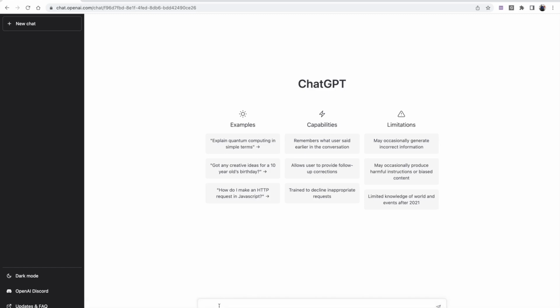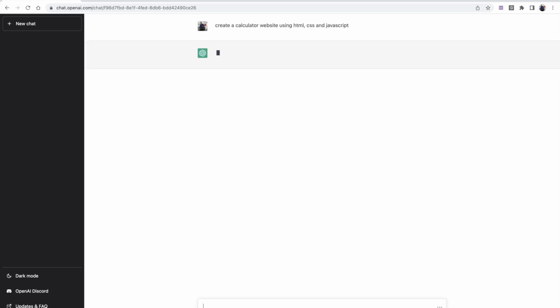Hello everyone. With ChatGPT, we will create a calculator website within a single minute. So within a minute, we will create this calculator website. For creating it, we'll type: create a calculator website using HTML, CSS, and JavaScript, and let ChatGPT write all